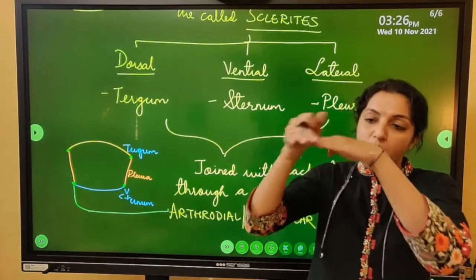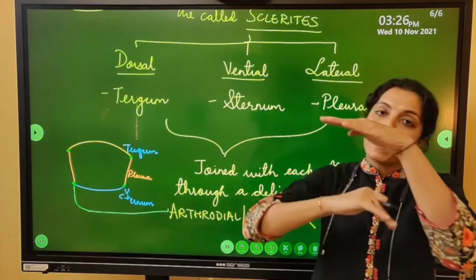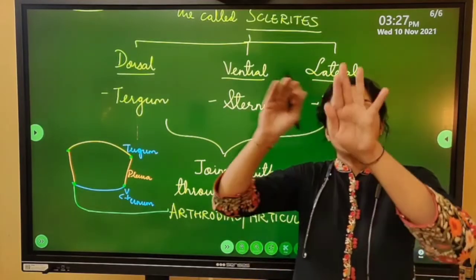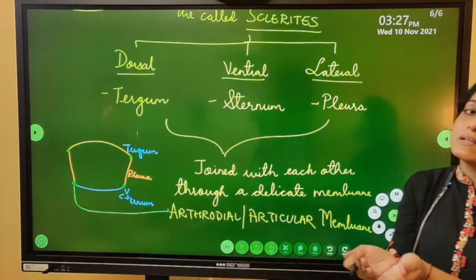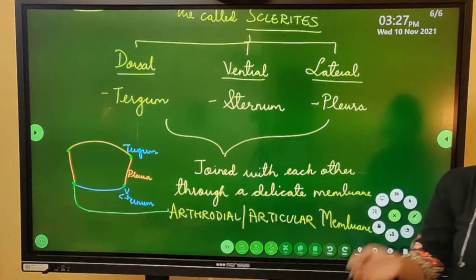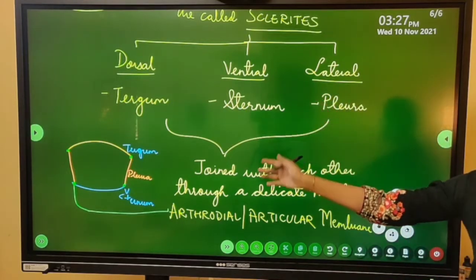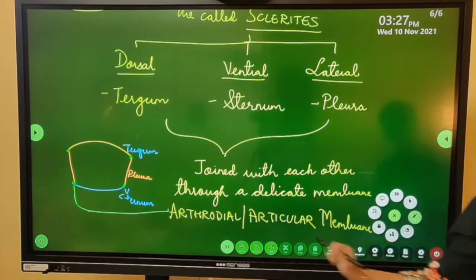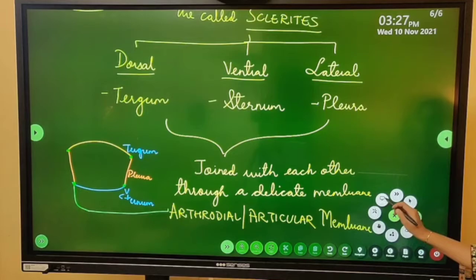छोटे छोटे parts हैं dorsal side पे, छोटे छोटे parts हैं बहुत सारे ventral side पे, parts हैं lateral side पे, ऐसे करके पूरी body covered है chitinous exoskeleton से. The dorsal parts are called tergum, the ventral parts are called sternum, and the lateral parts they are called pleura. और ये एक दूसरे से joint रहते हैं arthrodial membrane से. Let us see the picture.